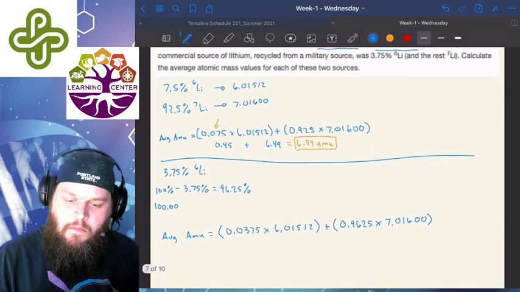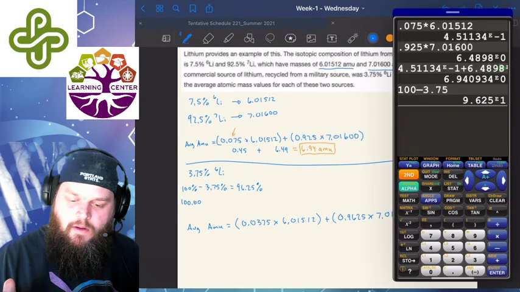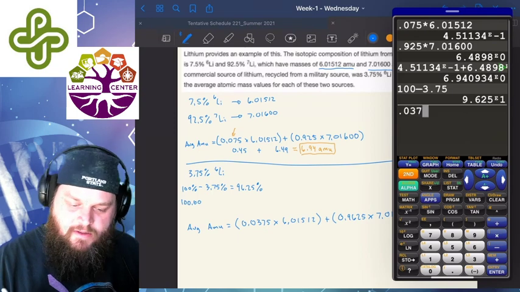I'm going to zoom that out just a little bit. Try to fit my calculator in here. Well, it doesn't quite fit. We'll work with that. 0.0375 times